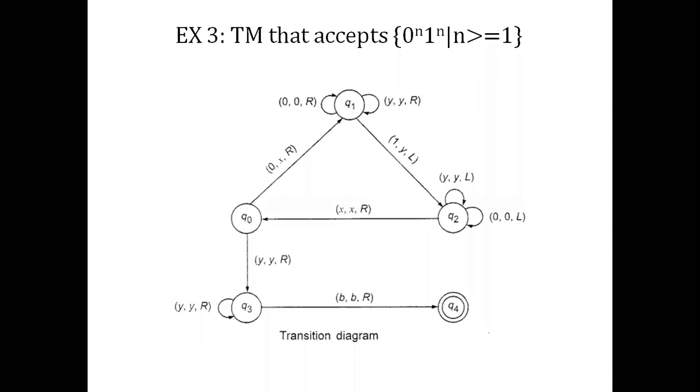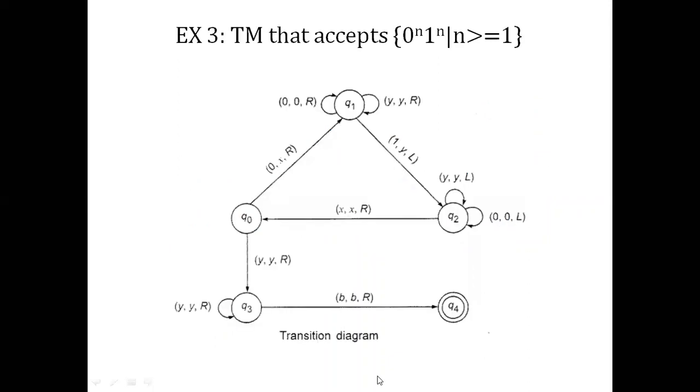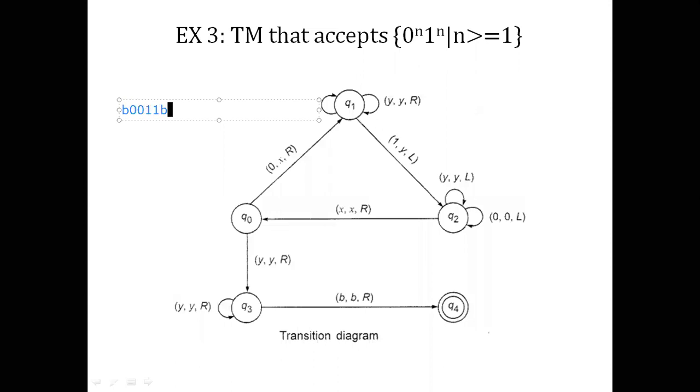The first logic that comes to my mind is I'll take my string here, say 0011, with blank symbols marking the beginning and the end of my string. So here we have the entire Turing machine tape filled with B's. The current tape head of the Turing machine is pointing to the first symbol on the input tape. Now what can be the logic?